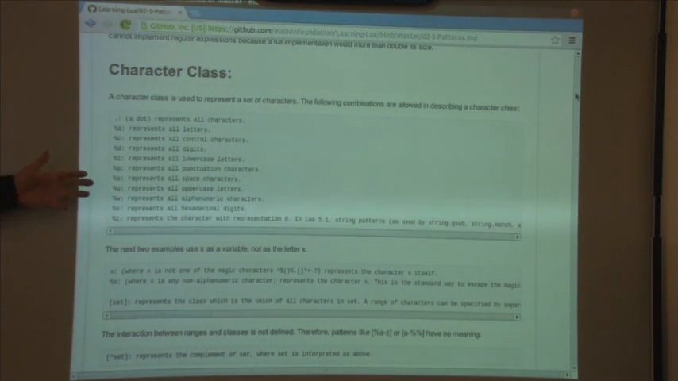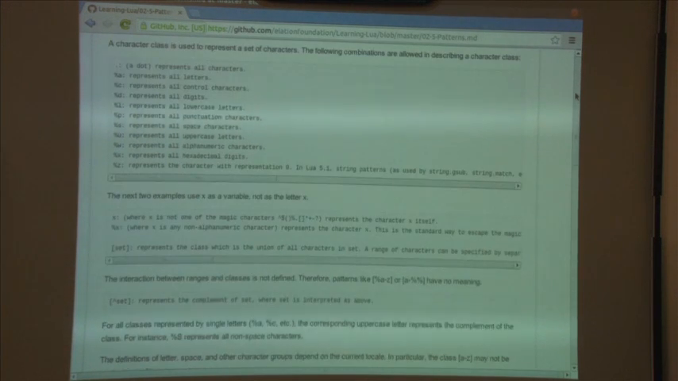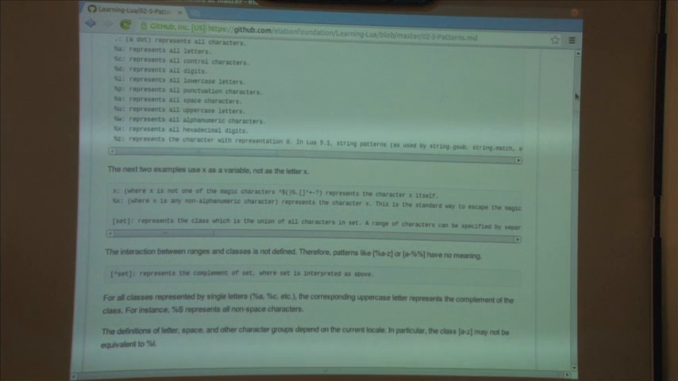%d is all digits. %l is lowercase, %p is punctuation, %s is spaces, %u is uppercase, %w is alphanumeric characters, %x is hex digits, and